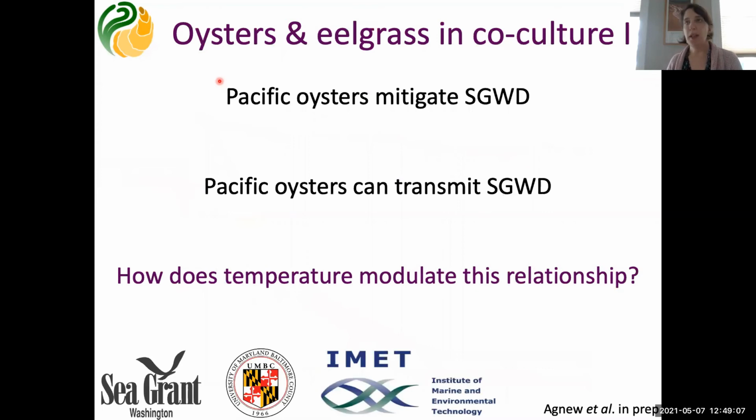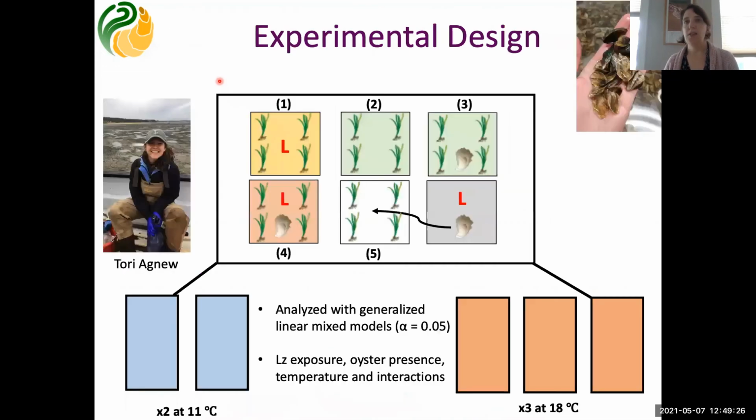So in one component of our Washington Sea Grant, we followed up on some of this work with Pacific oysters and their ability to mitigate seagrass wasting disease. We looked at whether Pacific oysters mitigate the disease, whether they can actually transmit it, and finally, how temperature modulates this relationship. So this is an extremely elegant experiment that was run by my student Tori Agnew, where she had 5 experimental treatments,